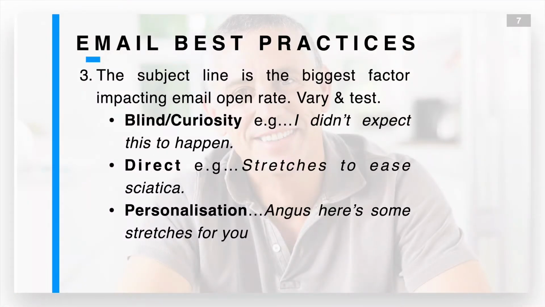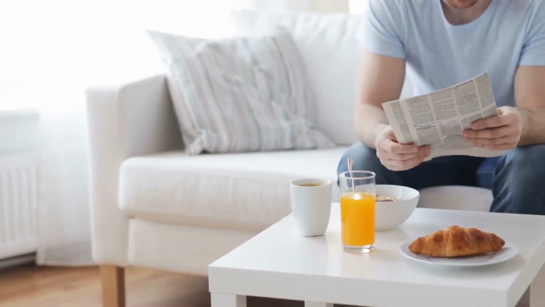The third thing to think about, and probably you need to think about this as much as anything when you're actually writing your email, is the subject line. The subject line has more impact than anything about whether our email gets opened. It's a bit like the headline on a web page, on the newspaper, in the magazines, all of those kind of things there too. So we want to really think about our subject line. When you're thinking about your subject line, there are 3 different things to think about in terms of categories.